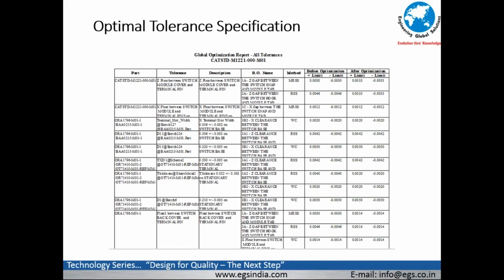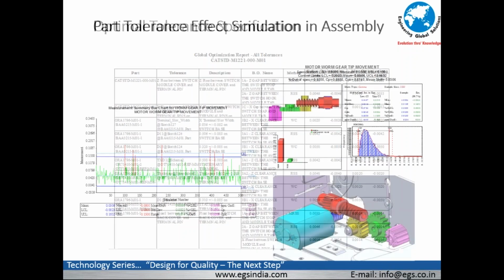In other words, design for quality is upfront so that people can come back and say, these are the indicators which are influencing the quality and reliability of the product and we need to take care of them. These global dashboards and charts help companies to make informed decisions with regard to investment in new processes, investment in suppliers, investment in new tooling, and so on, so that profitability can be protected and maintained.